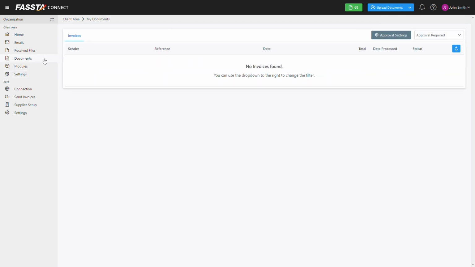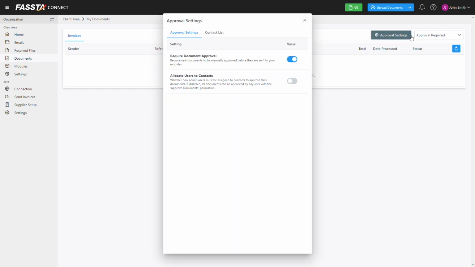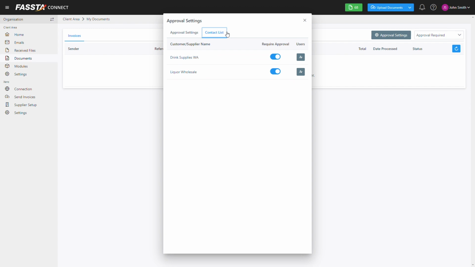To fine-tune your user permissions further, FASSTA Connect also allows you to allocate which users can approve documents for each customer or supplier. To do this, open Approval Settings and turn on Allocate Users to Contacts. In the contact list, under the Users column, there is now a button to specify user approval permissions for each